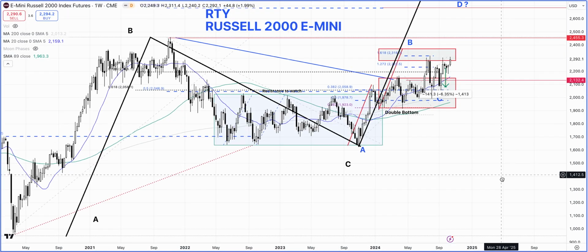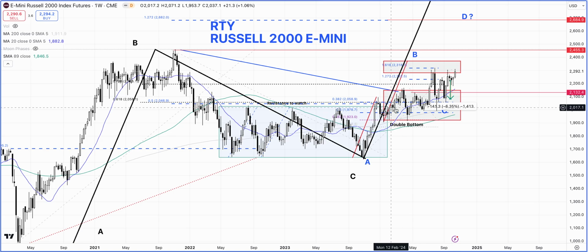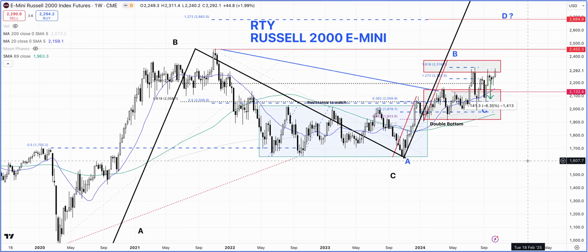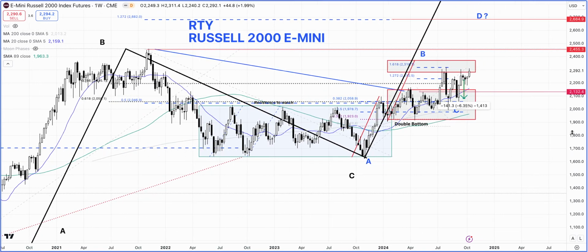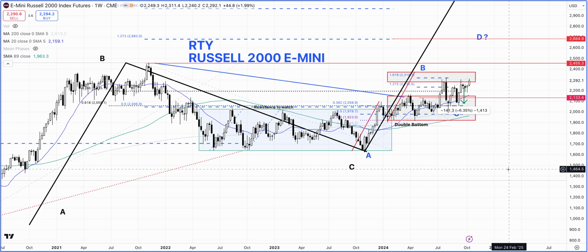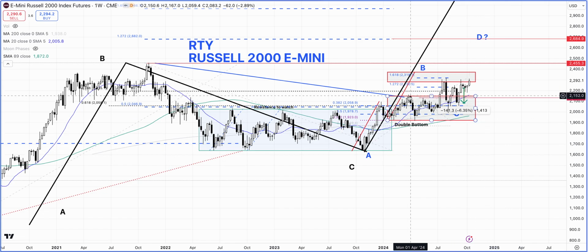Here we go. So this is the weekly chart of Russell 2000, and you can see that this is one of the weaker ones, which is kind of expected because of smaller cap, smaller balance sheet companies. Higher interest rate environment is not very conducive for these sort of companies, and what we see is basically a trading range behavior. Good to see that it's actually back into this shaded region one more time, challenging these highs